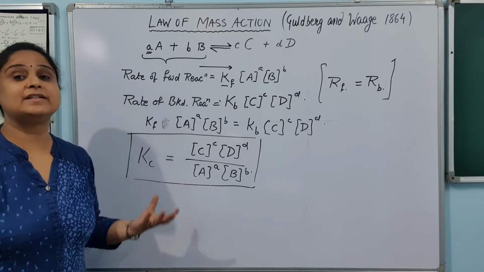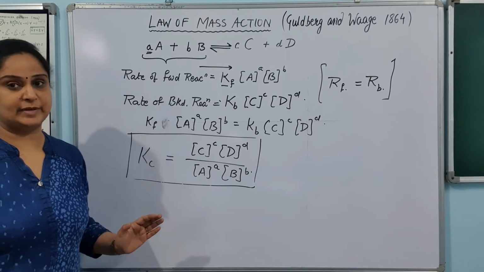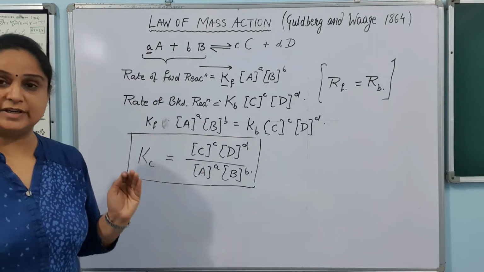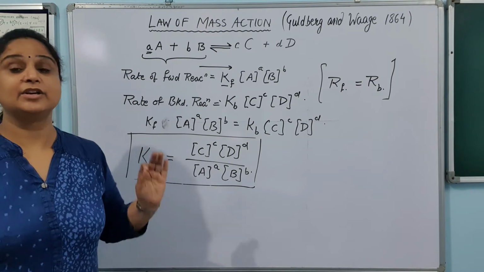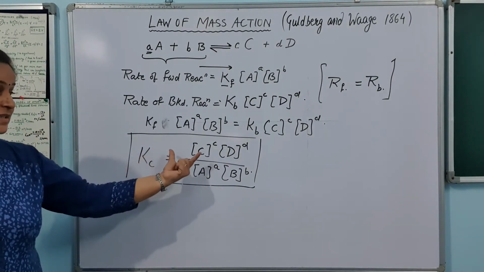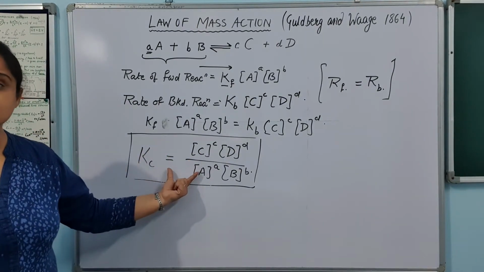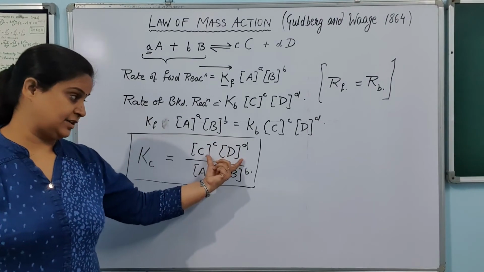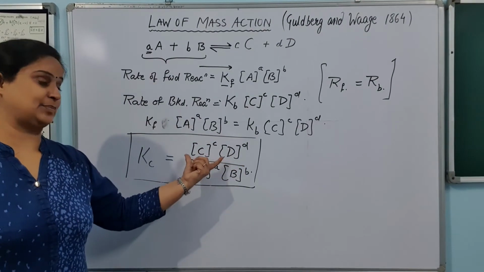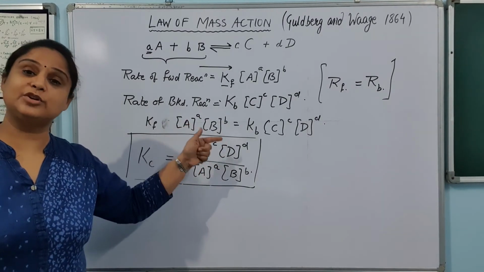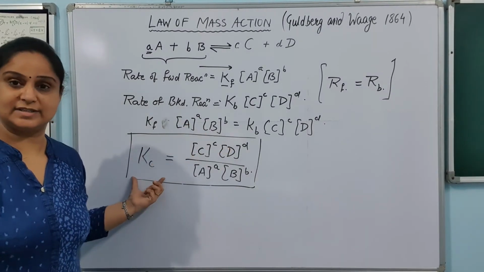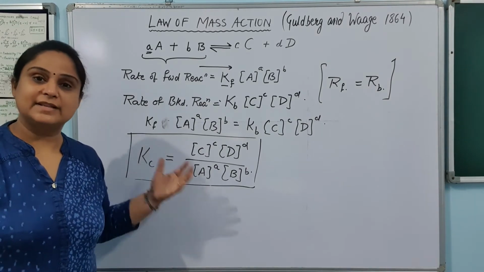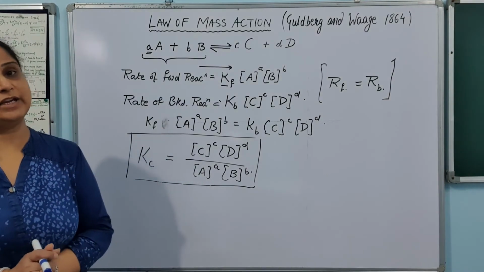Now let us define this law of chemical equilibrium. First thing is, this is all happening at the constant temperature, so we will define it at the constant temperature. तो ध्यान से सुनिए, at the constant temperature, the ratio of the product of the equilibrium concentration of the reactant and the product raised to power their stoichiometric coefficient is a constant, and this constant is called equilibrium constant. This is the law of chemical equilibrium.